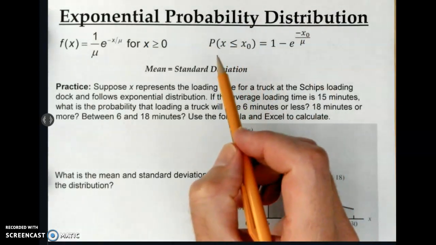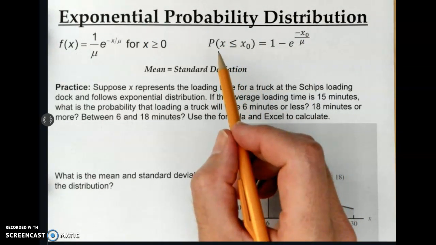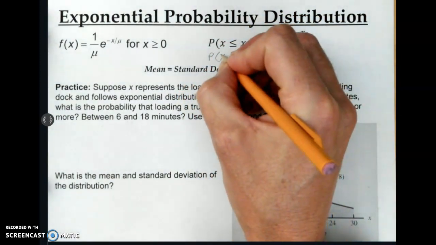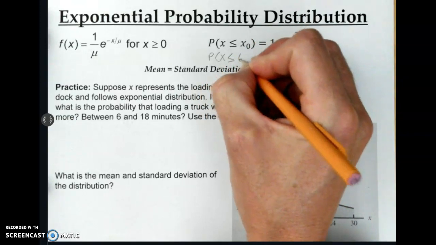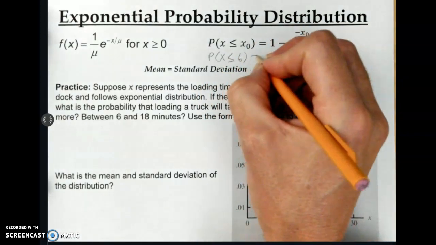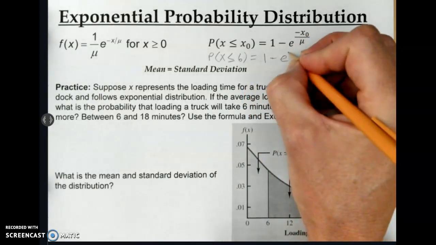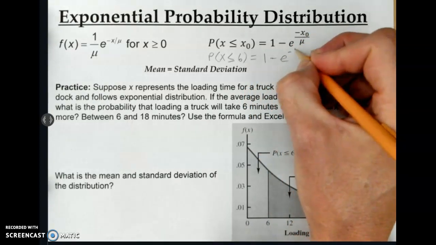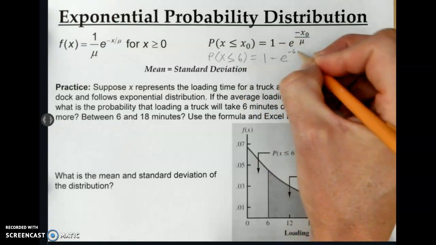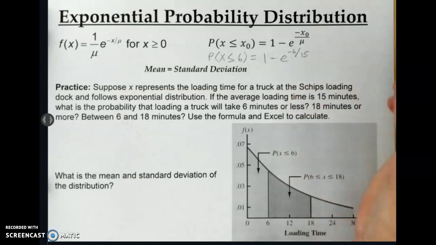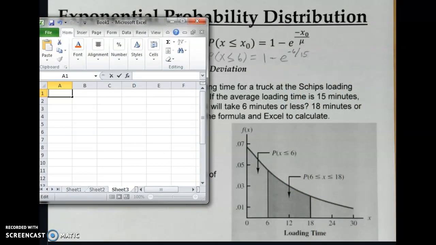Okay, so we're going to be using this formula here because we want to know essentially the probability of getting an X value that is less than or equal to 6 minutes. I'm going to put equals 1 minus e to the negative, and this is our x of 6, divided by the mean, which it gives us is 15. Using Excel to calculate, we can put equals 1 minus